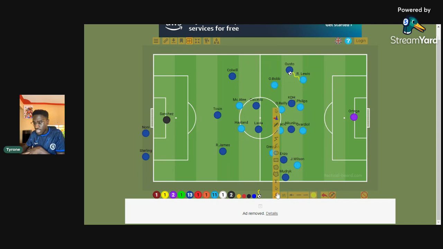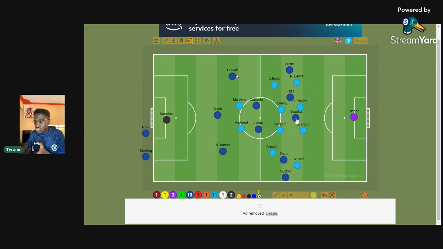So whenever the fullback actually approached him, what Gusto will do is he will make this pass. So he will make this back pass here, pass the ball back towards the center back. And that is something that we saw time and time again in this game. And because Gusto was making that backward pass, Chelsea were very ineffective in this position, and Dewsbury Hall would not be able to make any effect.